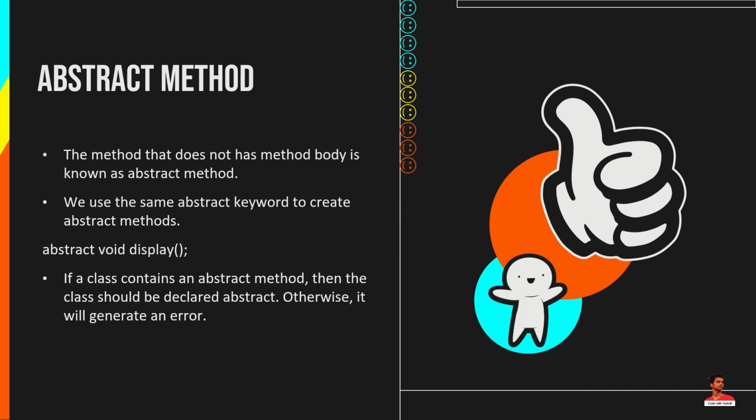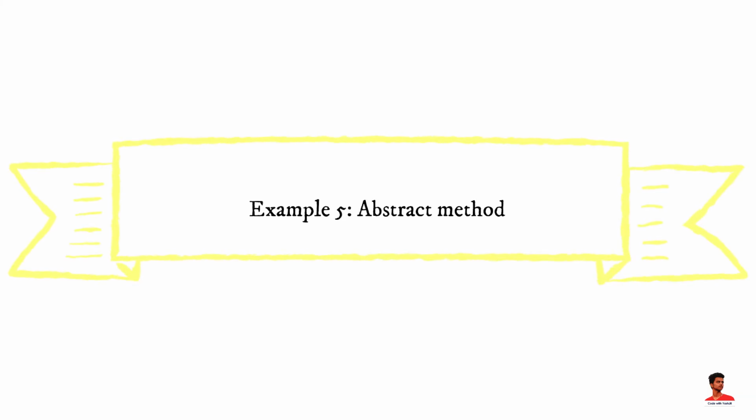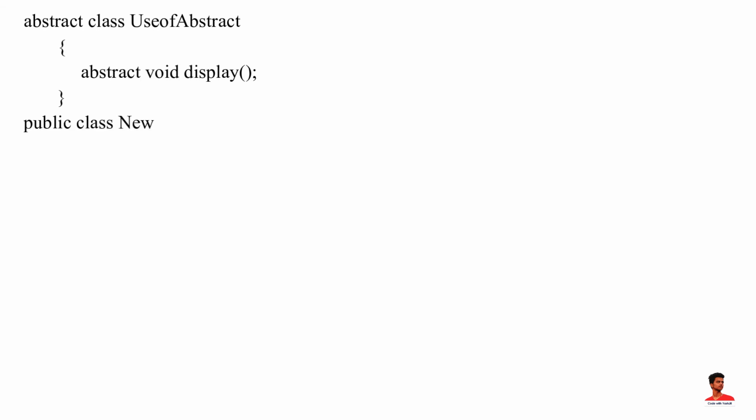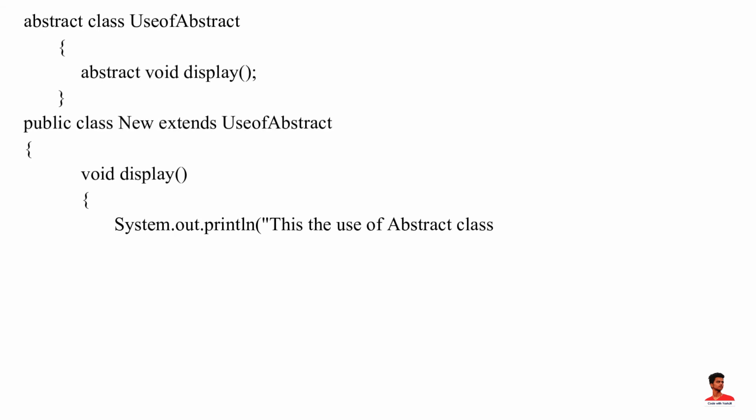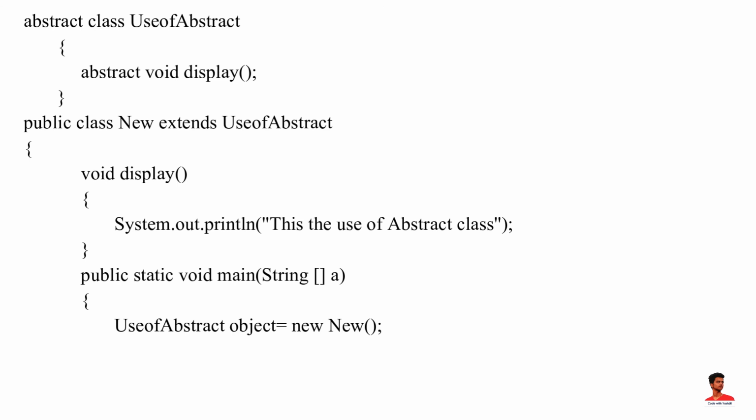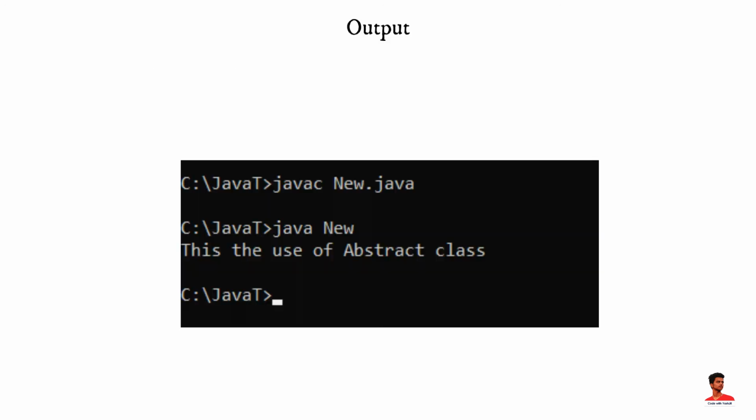If a class contains an abstract method, then the class should be declared abstract. Otherwise, it will generate an error. Let's take an example. Output of this program is